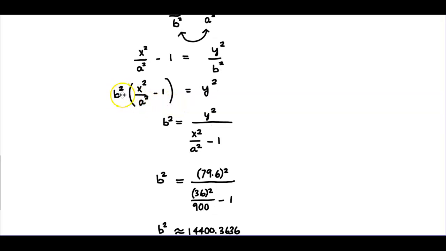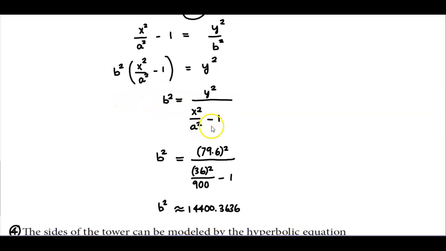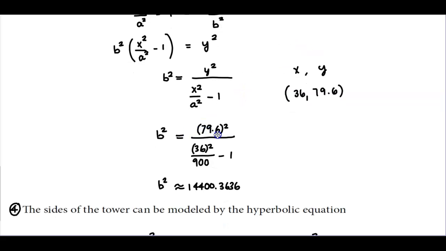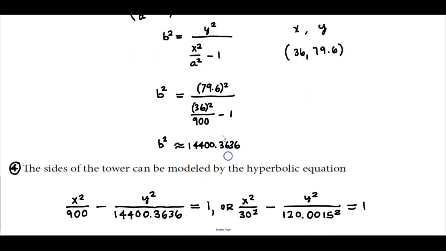Now again, we're trying to solve for b squared, so we're going to divide both sides by x squared over a squared minus 1. And now we're going to fill in what we have for y, what we have for x, and what we have for a. So again, we're using the point that we just determined where x is 36 and y is 79.6. And then we're going to plug it in to find out what b is. So we get 79.6 squared, and we're going to divide that by 36 squared over 900 minus 1. And so b squared is going to be approximately